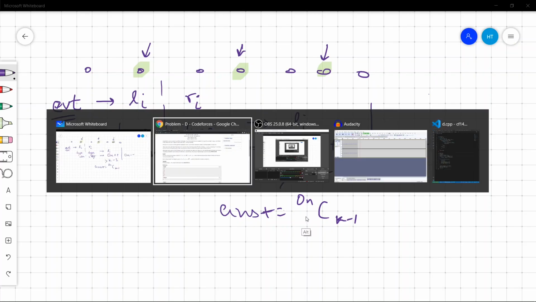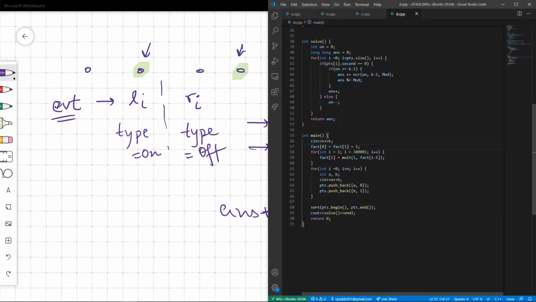So let's see the code now. Ignore this part for once. What I have done is create these events. Each event, each turn on and turn off point, has two numbers.